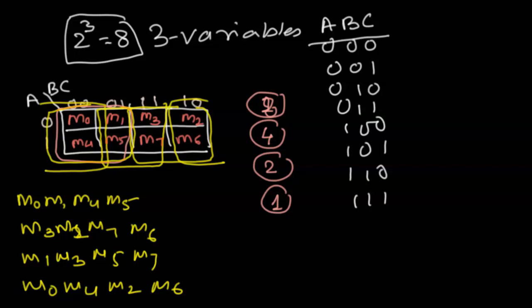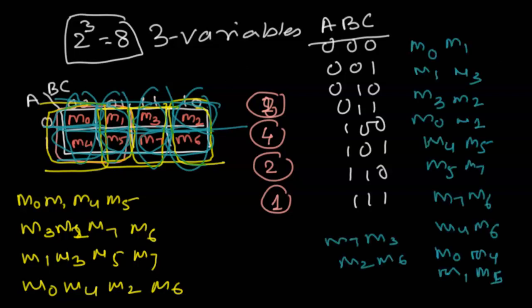Now let's group them by 2. So what will happen is 1, 2, 3, 4, 5, 6. Now again 7, 8, 9, 10, 11, 12. So groupings of 2 will be 12. Let me write all the 12 down. So here are the 12 combinations of 2 groupings, and the 1 groupings are the individual ones.